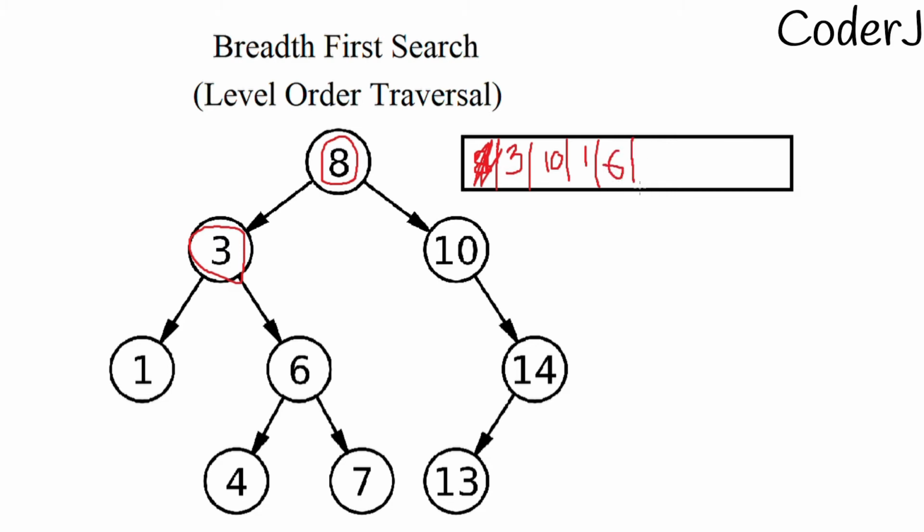Okay, so now my queue has 4 elements, right? After that I'll say, okay, remove the first element of the queue. I'm always saying remove the first element of the queue. So after that I'll remove 3. This means I've removed 3. I only have 10, 1, 6 now. Okay, so we are done with that.